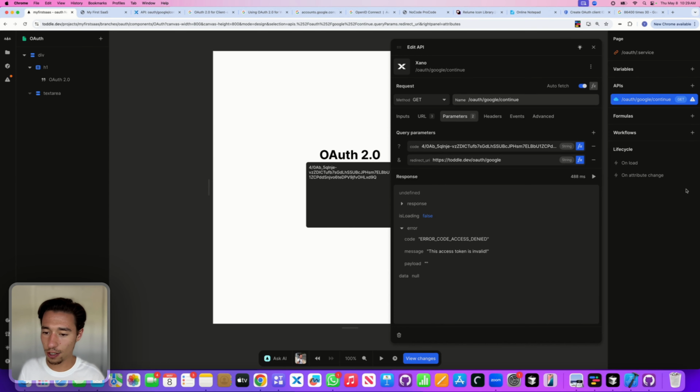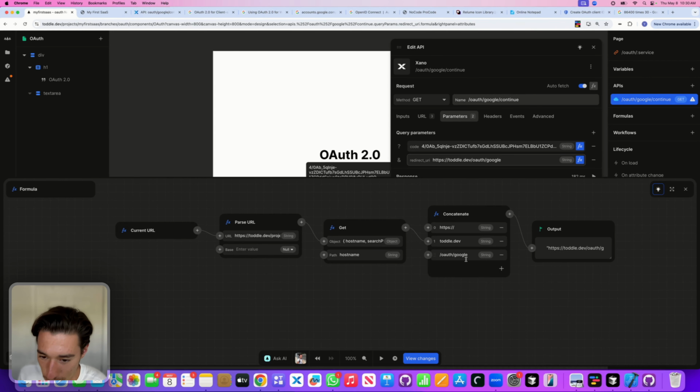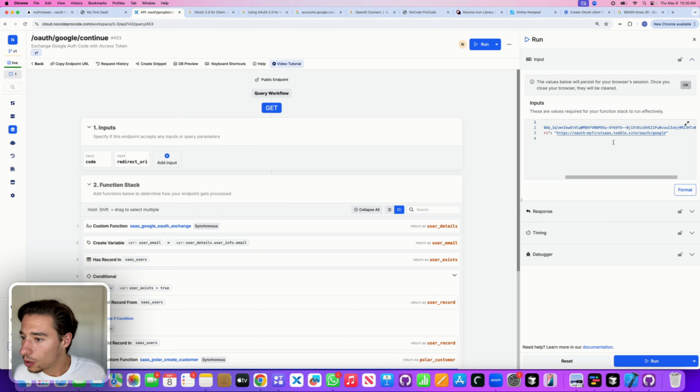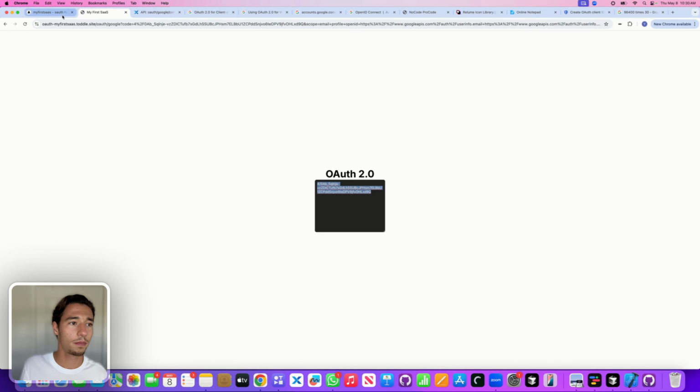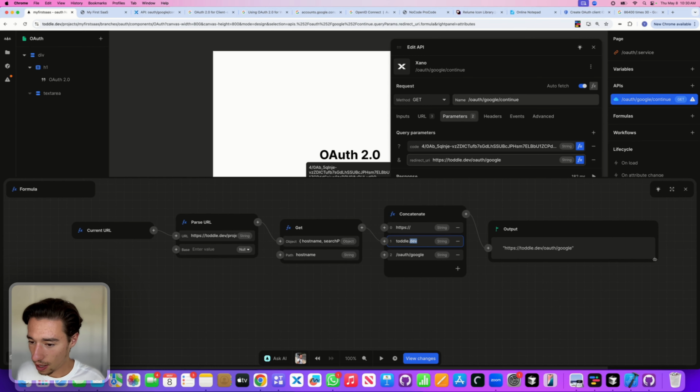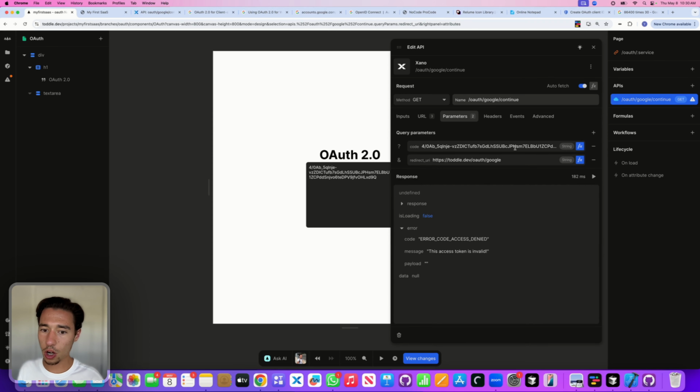And now this actually should be successful. I mean, we probably called it too many times. So https://OAuth/Google. Let's double check. That should be correct, right? Let's do OAuth/Google. Yes, there you go. It could be an editor thing because it says toddle.dev here, but https:// seems to be fine. Okay,